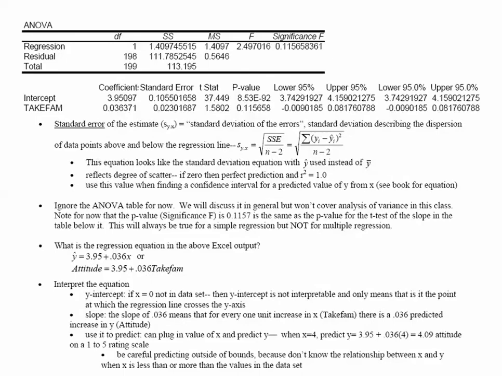Let's look at the next section. So the first section is this Anova section. Anova stands for analysis of variance. We'll discuss it in general, but won't cover the analysis of variance in this class. It is discussed, however, in your notes. Note for now that the p-value, or significance F, in this case it is